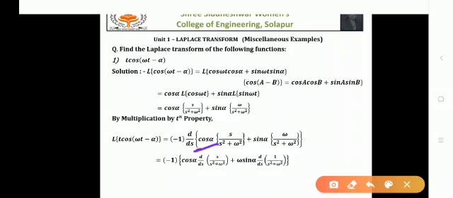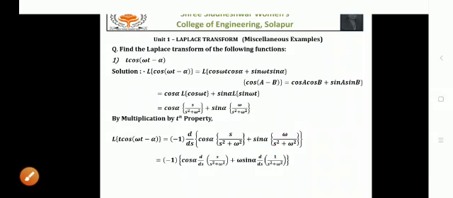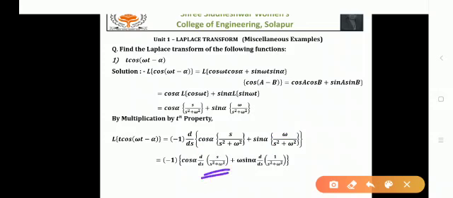Again here cos alpha and sin alpha are the constant multipliers, so they can be taken out of the derivative sign. So it is written as cos alpha into d by ds of s upon s square plus omega square. Along with this, sin alpha, omega is also constant, so it is written as plus omega sin alpha d by ds of 1 upon s square plus omega square. Now to find the derivative of the first term, the numerator is a function of s and the denominator is also a function of s, so it is in the form of u by v. So you have to apply the derivative formula for u by v.